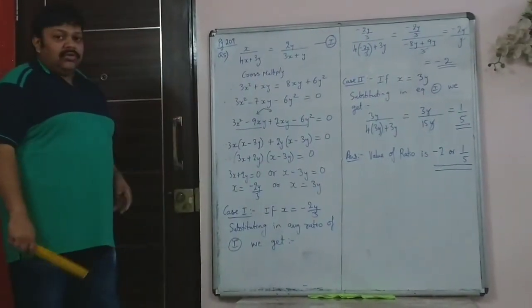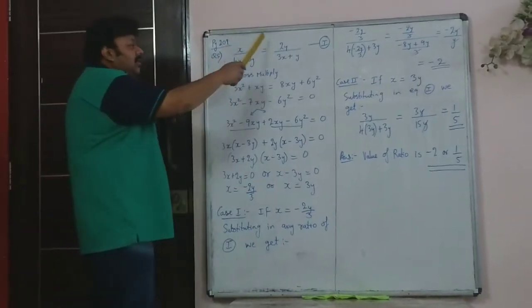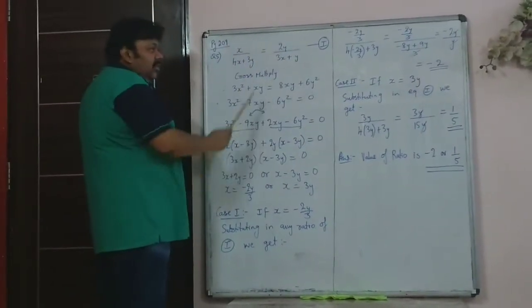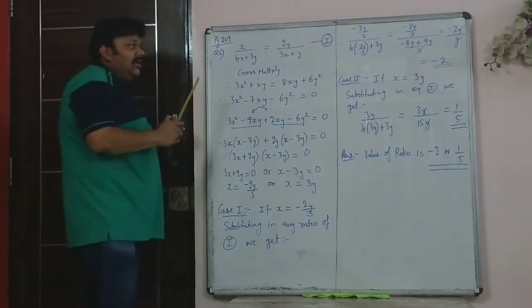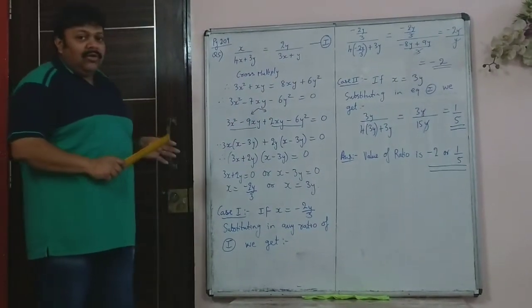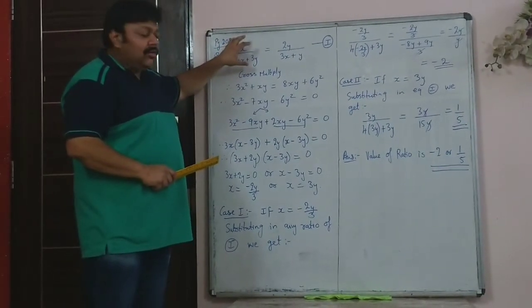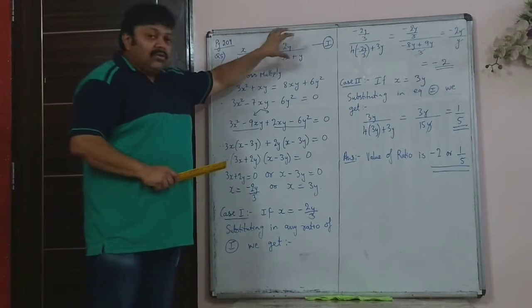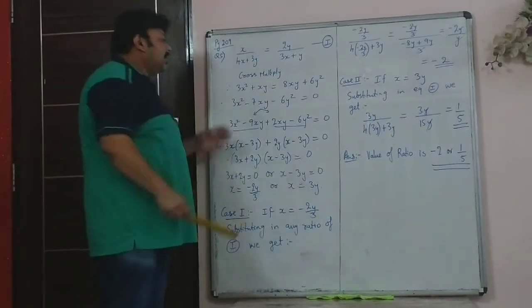Earlier on it used to be asked, but it's simple. When you are given this sort of ratios, left hand side and right hand side, and given that it is equal, and you are asked to find what is the actual value of the ratio. What is this ratio equal to? Numerical value. Or what is this ratio equal to? Numerical value. So then in that case you cross multiply.